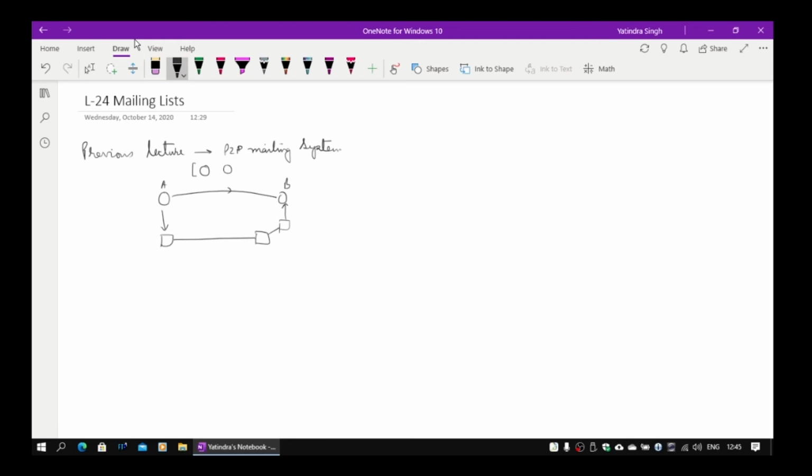We use them as intermediary storage if A and B are not alive, so B can pick up. So A deposits and B picks up, and it is done in such a way that A digitally signs it, but encrypts it for B, and only B can decrypt it. So B verifies A has sent this particular message and decrypts it. So non-repudiation and secrecy both are maintained.